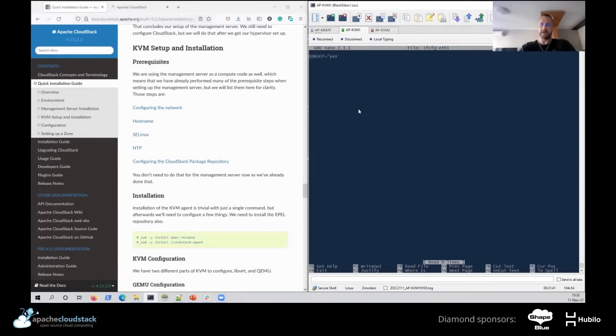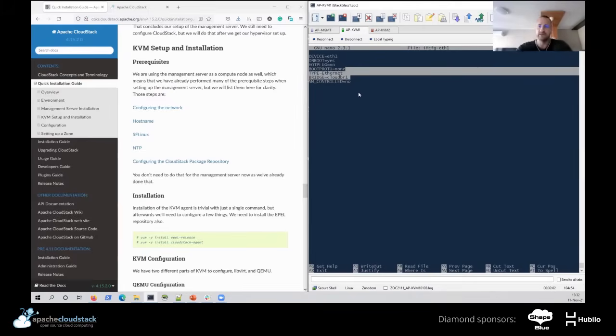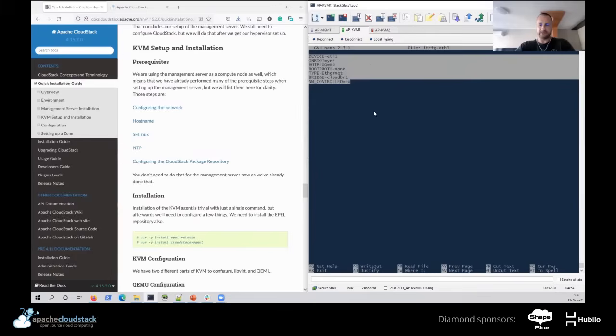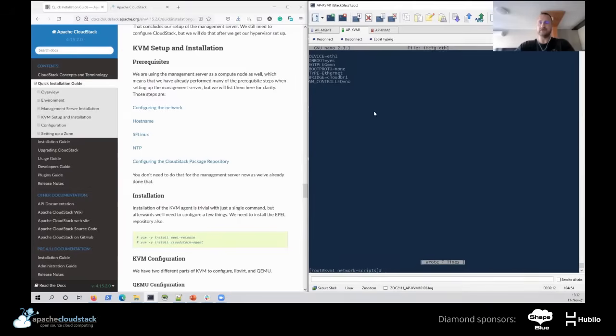So here I'm going to delete the content of the file on both nodes, and I'm going to paste the proper content. This is a very minimal configuration. You can see the device Ethernet 1. Yes, it should be started on boot. No protocol, it's type Ethernet, and it's a member of the bridge cloudbr1, which we will create. It doesn't exist yet. So let me do the same on the second node, save the changes on the first node, and I'm done with editing my